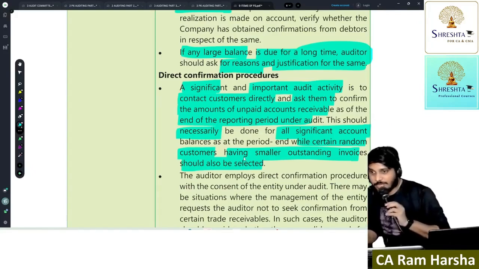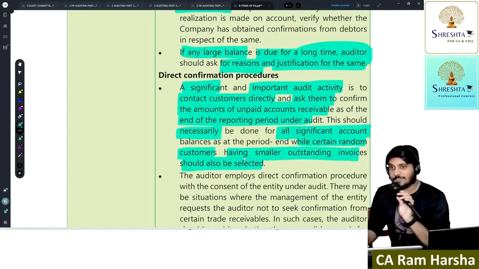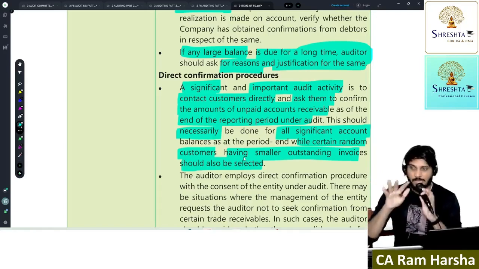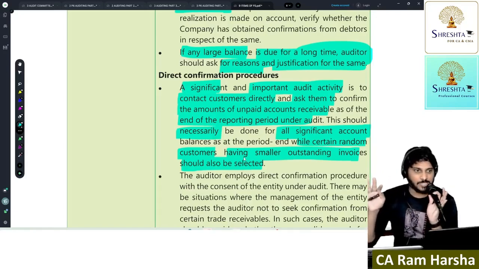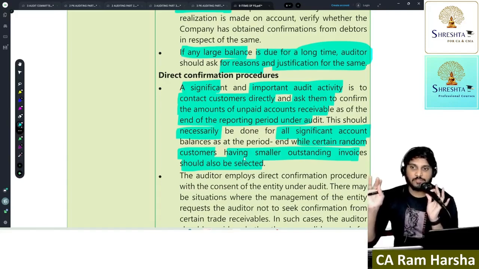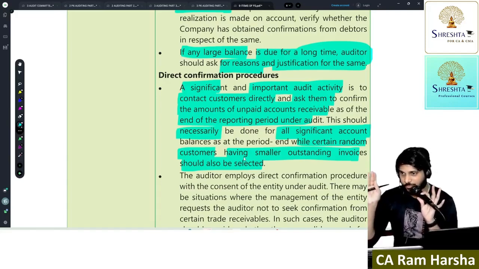External confirmation is of two types: positive confirmation request and negative confirmation request. A positive confirmation request means I will type the confirmation letter like this: we are the auditors of ABC Private Limited, appointed for conducting the audit for the financial year 21-22.